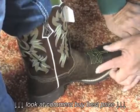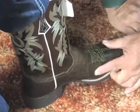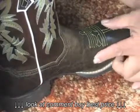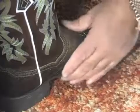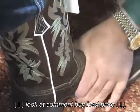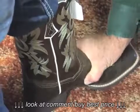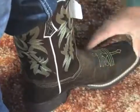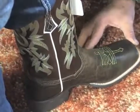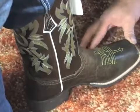In a perfect world, it would be back just a little bit further, but it's just 1/8 of an inch or so farther forward than what I would call a perfect fit. Kendall's got a pretty high instep, so we got good snugness through here. If we roll this, there's minimal loose leather, if any. We reach over here and we check our little toes. There's a little snugness on this little toe, a little snugness on this little toe, but nothing that wouldn't break